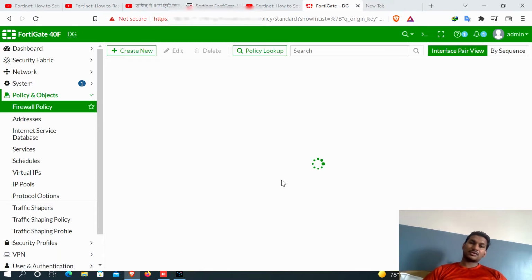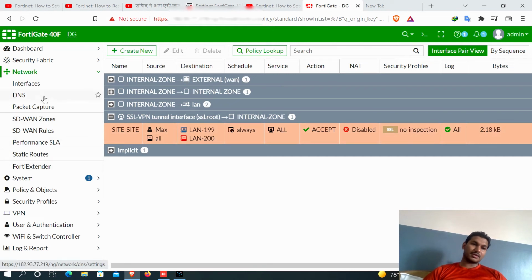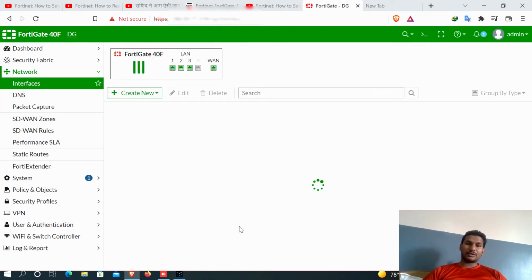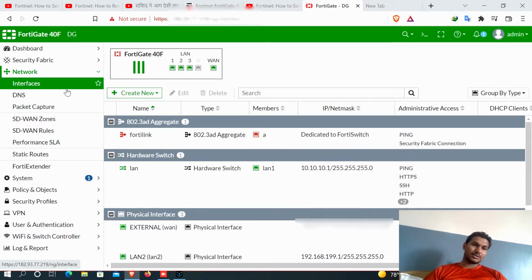So after this you show one more thing. Here is the IP address. So if you go in here, I created 100, 199 and 200. That's why I am accessing these two IPs. Okay. So now my SSL VPN is created. I have to